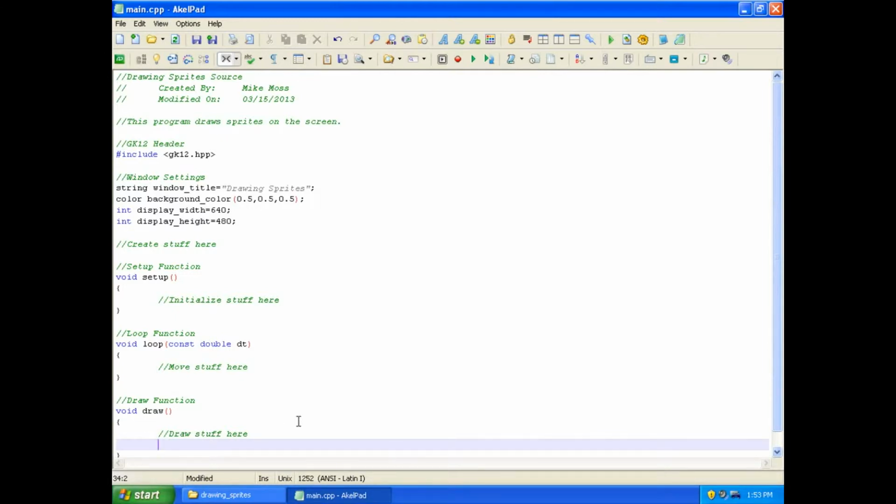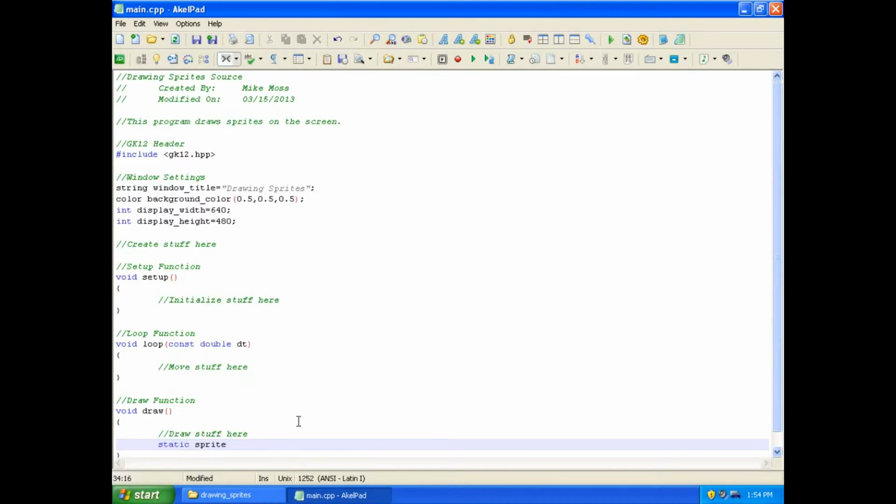And to load an image, we first say static. And what static does is it tells our compiler to only do this once. So whatever is on the same line as static, it's only going to do it once. And we only want to load our image once. I mean, we can constantly load it, but that's really slow. And on computers nowadays, it won't really matter. But it's better to load your image once and then draw it, instead of loading it multiple times, then drawing it. So to create a sprite, we type sprite,